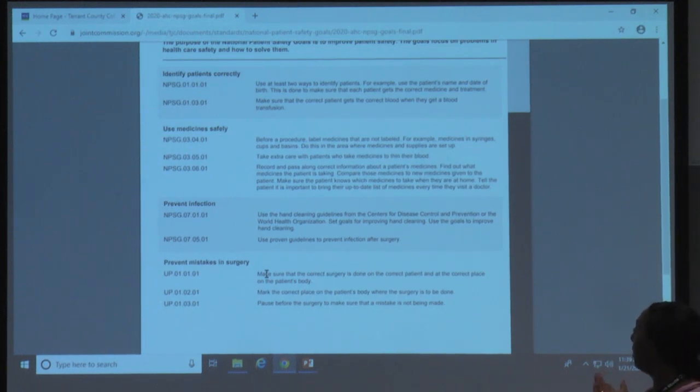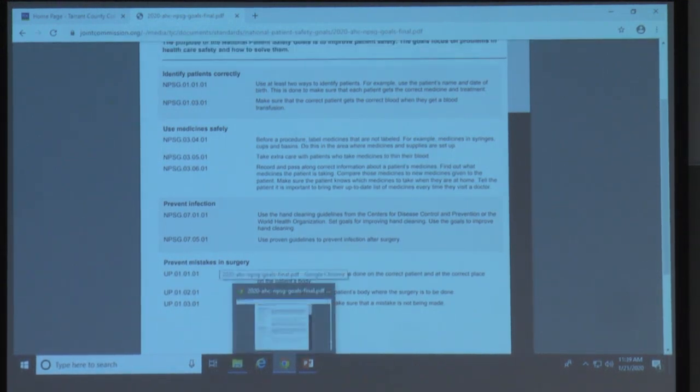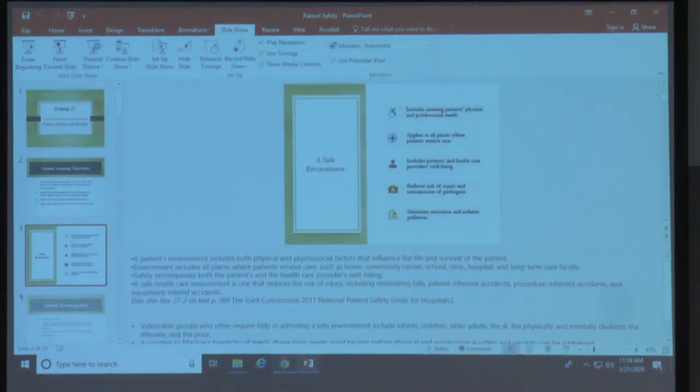So every year they come up with these. I can tell you that identify patients correctly has been on there for several years. It's the first thing you learn in nursing school. I'm pretty sure it's the first thing you learn in medical school too. It's to identify your patient. Yet we seem to be unable to do that correctly. Okay? So it continues to be a national patient safety goal. All right, so